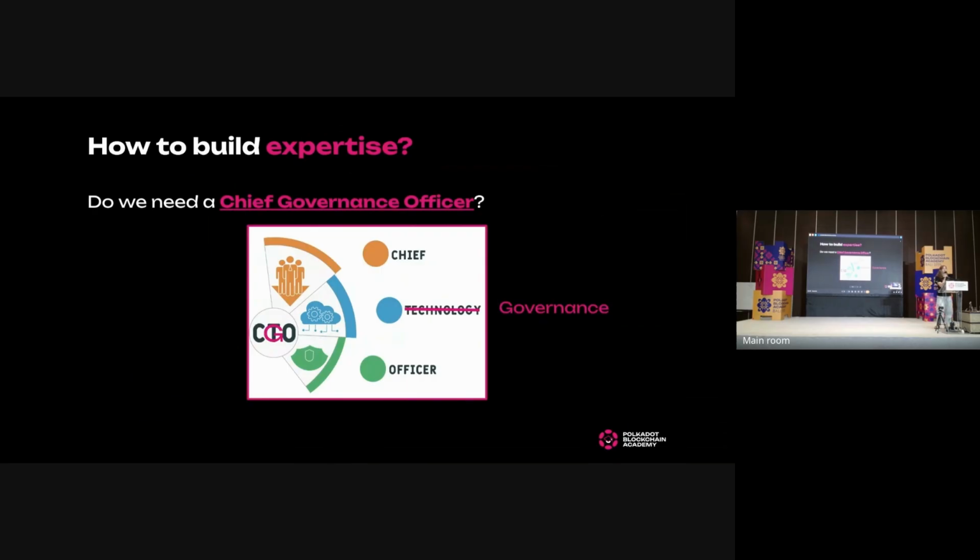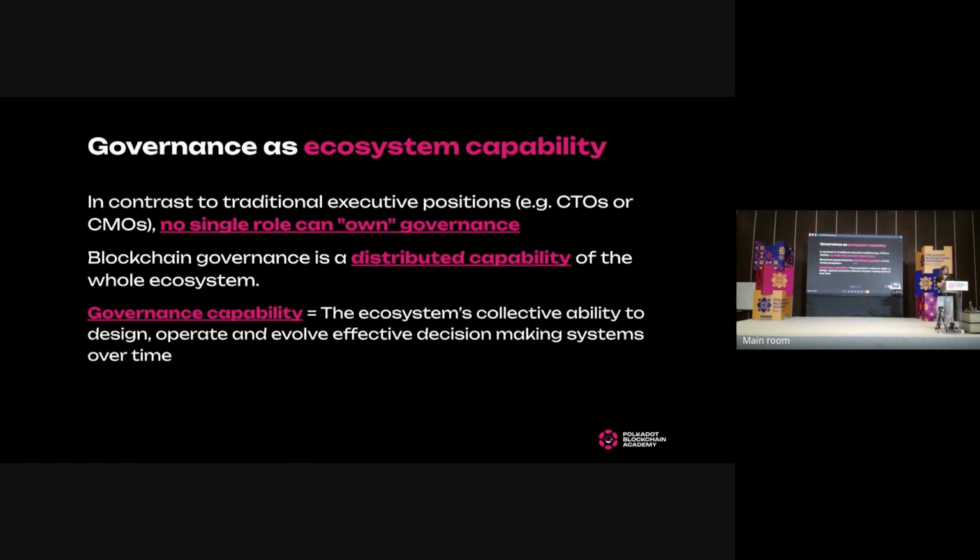So maybe we can do a simple raise of hands, like who thinks that we would want or need a CGO? No one. One. So we would like to propose that, in contrast, you can't really own governance. I mean, then you're just an almighty ruler, which is something that you don't want in general, and especially not in decentralized systems. So we want to underline that there is this distributed capability of the whole ecosystem